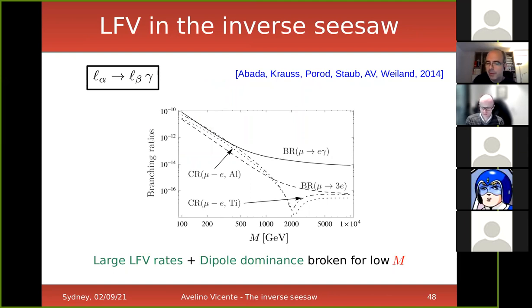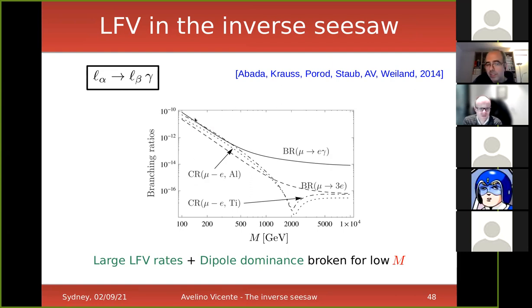And let me just show you a couple of examples to convince you that this is interesting, and I will finish this part. So the first result that I wanted to show is this lepton to lepton gamma. Actually, this shouldn't be here because actually you have here other observables, so sorry about that. Here you have some rates for some observables as a function of the mass of the additional fermions. And you can see for some particular values of the other parameters, I think they are not very important, you can see that when the additional fermions, which have masses proportional to this M, are light, so a few hundred GeV, 100 GeV, 200 GeV, and so on, all the rates can have similar sizes.